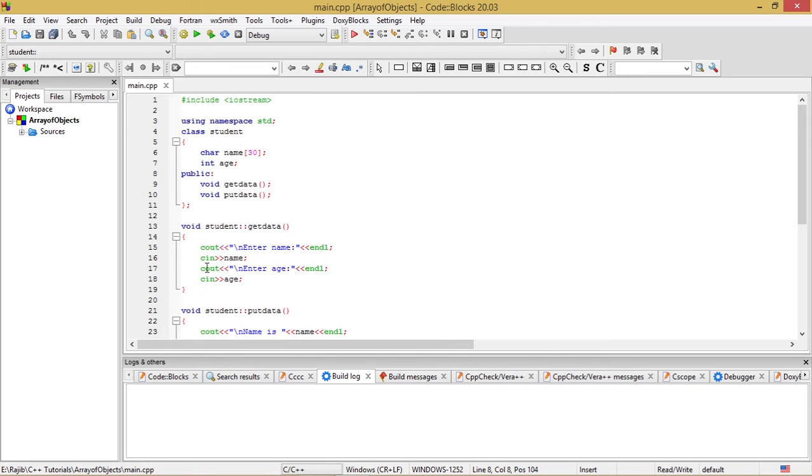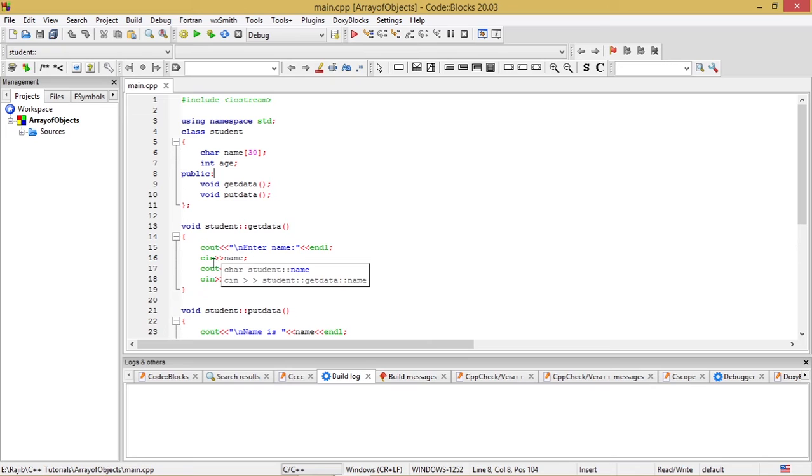After this, we give an input by means of the statement cin, extraction operator, name. Cout has the insertion operator, and cin has the extraction operator.